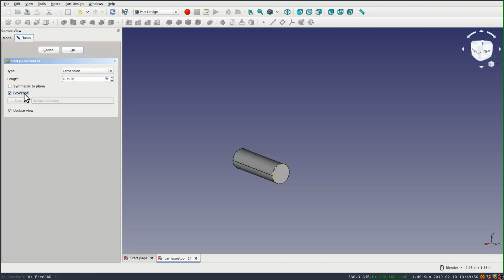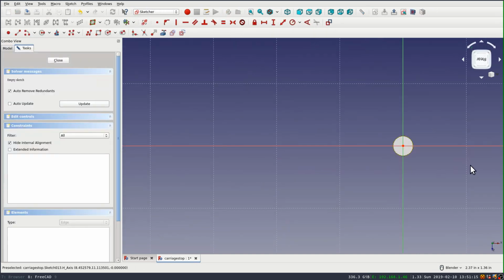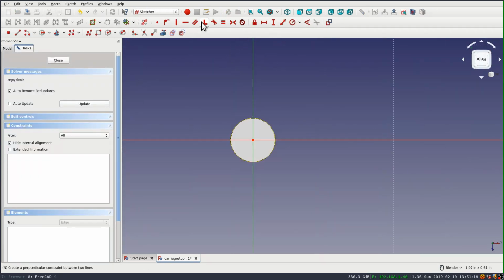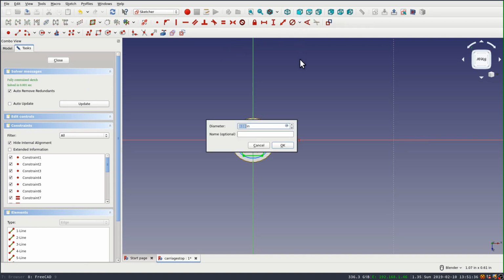Okay, I'm going to pad this out, inverting the direction, and now I'm going to select the end of the cylinder, and we're going to do a sketch on it to create the hex head. And we can just use this polygon tool, which draws a circle for the control geometry. We'll set the center there, set the radius, make sure the top edge is horizontal,